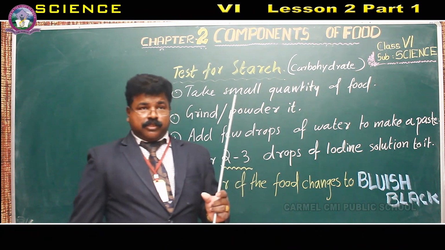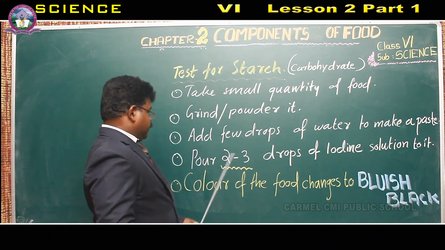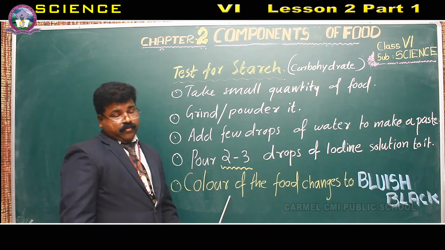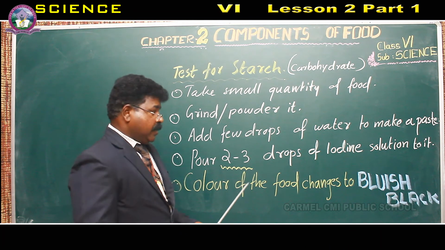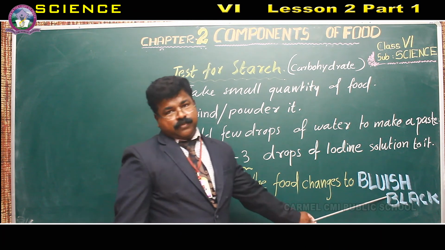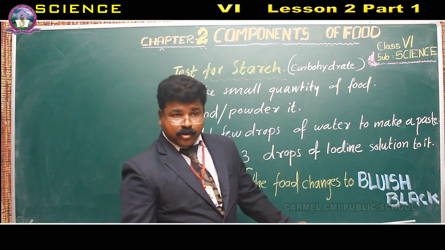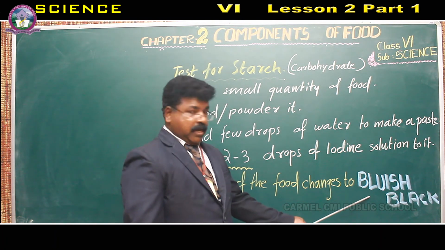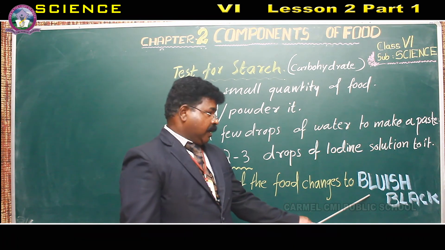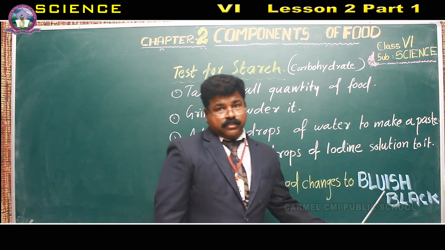When we shake the test tube thoroughly, we can observe the color of the given food item. Whatever food item we have taken, its color will be changed into bluish black. Immediately you may not observe, but you must keep it for some time. After some time you will be able to see the food material which we have taken change to